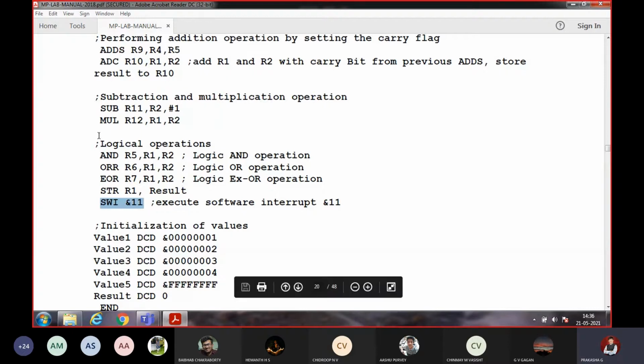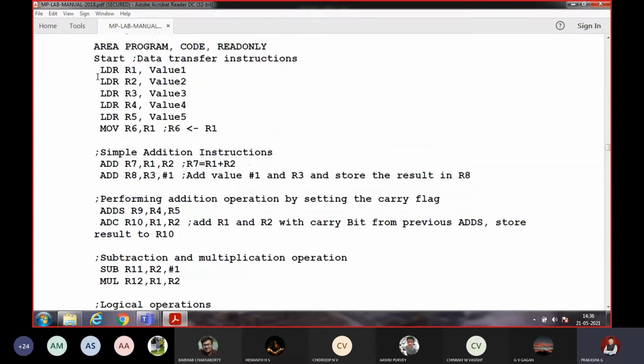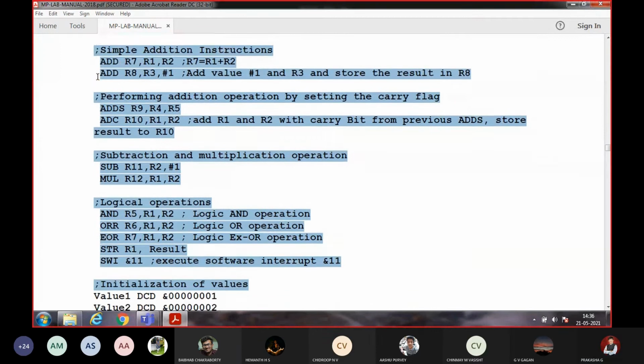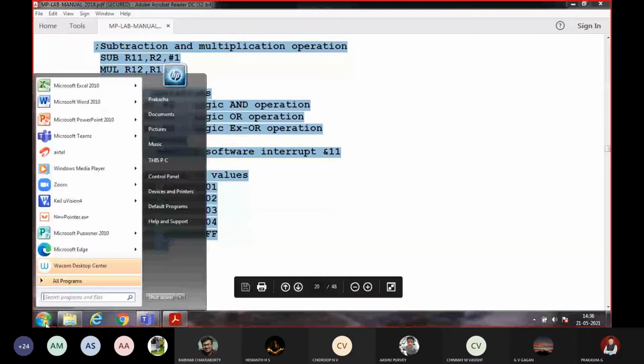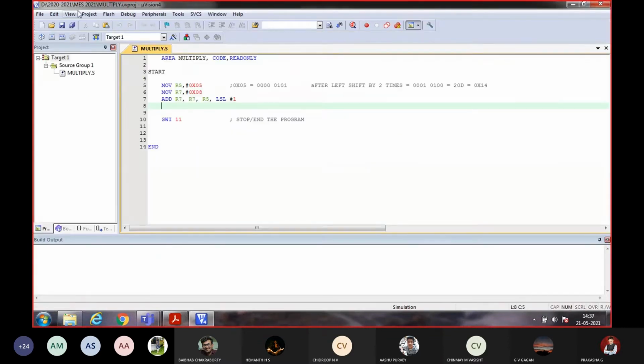Let us see how it's going to work in Keil. Just copy this as it is. I'll go to Keil software. Project, close project.